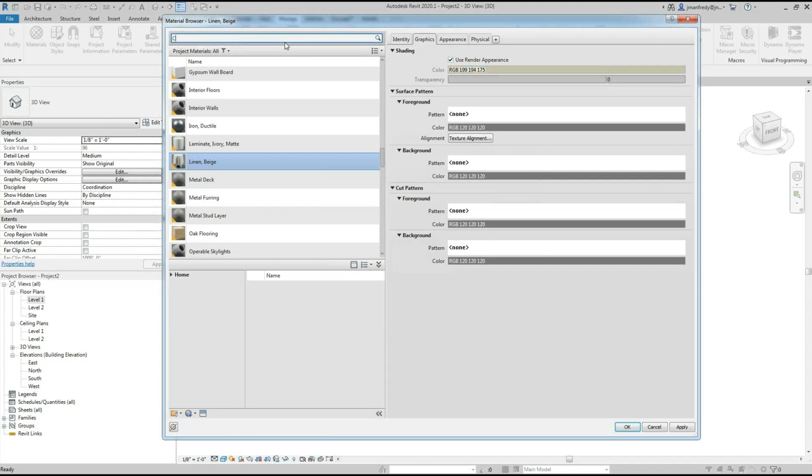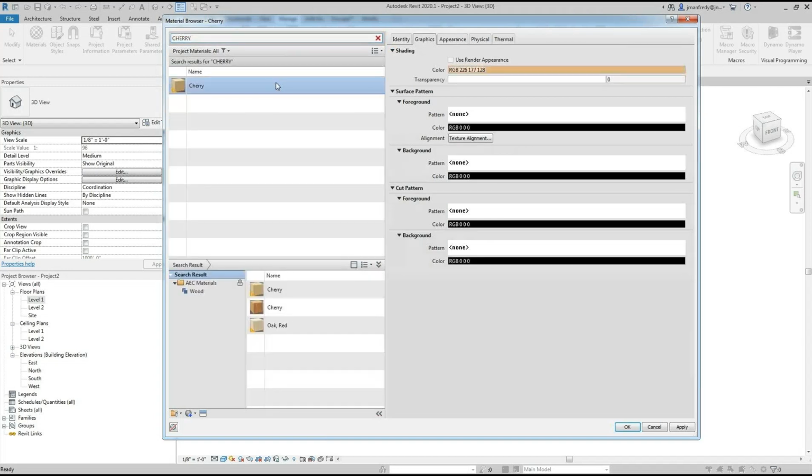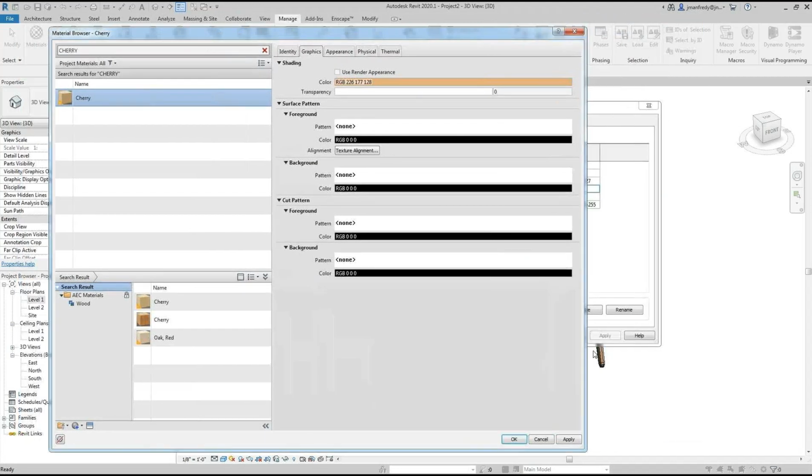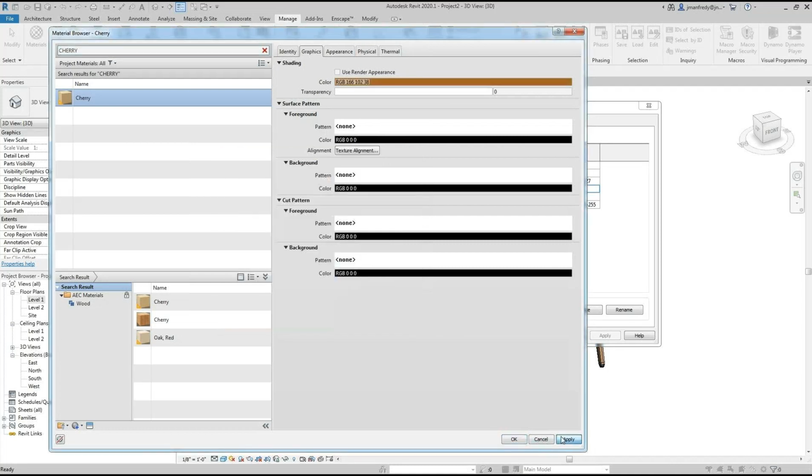The other material I was using was called cherry. So if I do a quick search here for cherry, cherry, for example, comes out with this orangish color. Those are the legs at the bottom there. But to prove my point, if I chose this color and simply made those legs really dark, like a dark brown color, hit apply again here,